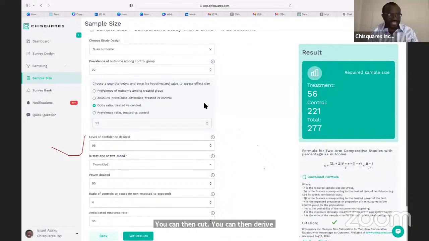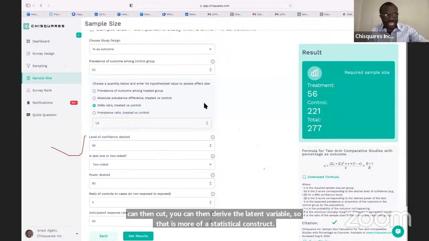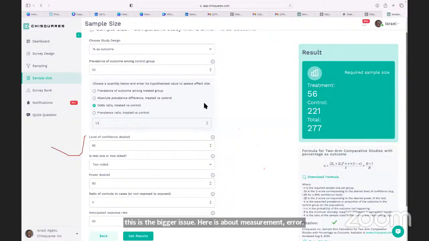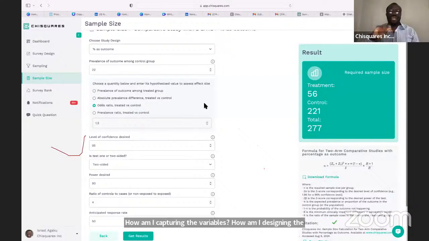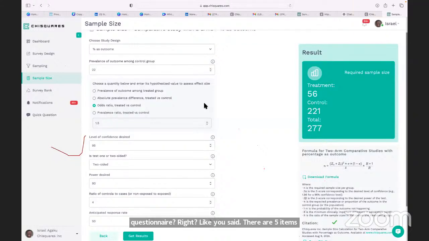So that is more of a statistical construct. It's not necessarily a sample size consideration per se. It has more to do with the quality of the variables. The bigger issue here is about measurement error, right? Measurement error in terms of how am I capturing the variables? How am I designing the questionnaire, right? Like you said, there are 5 items to that construct, but are you sure? Yes, it could be more. There are 5 of them that are broken down, from which you can actually break out the questions, which become the